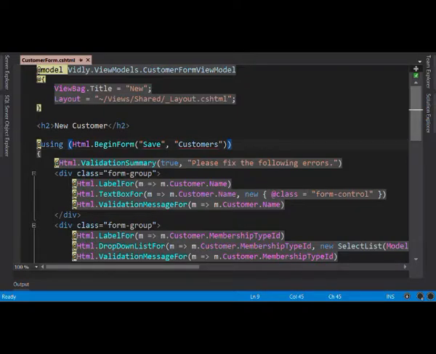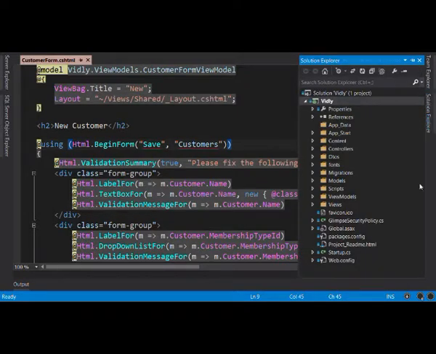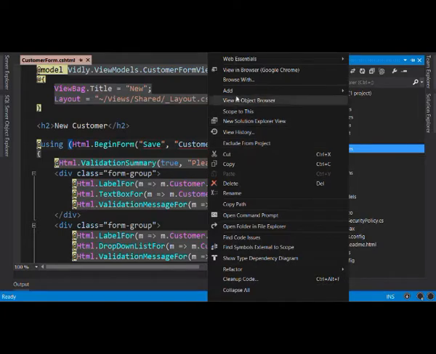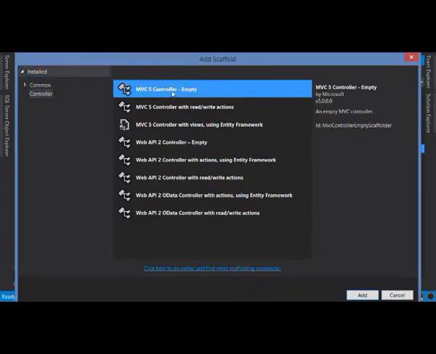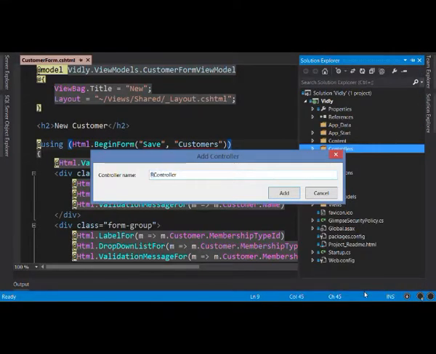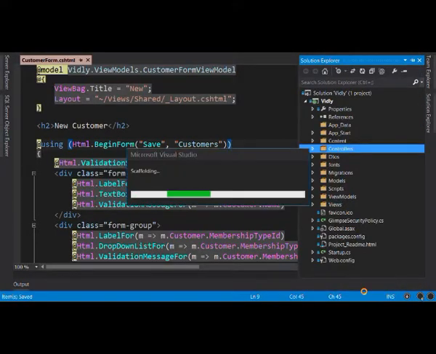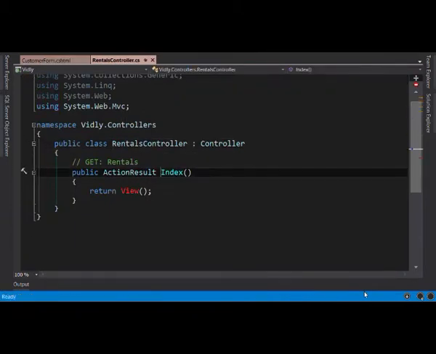In Solution Explorer, right-click Controllers, and add a new controller. We set this to an MVC5 controller and call it Rentals Controller. Next, we rename this action to New. We're going to use this to return the form to the client. So